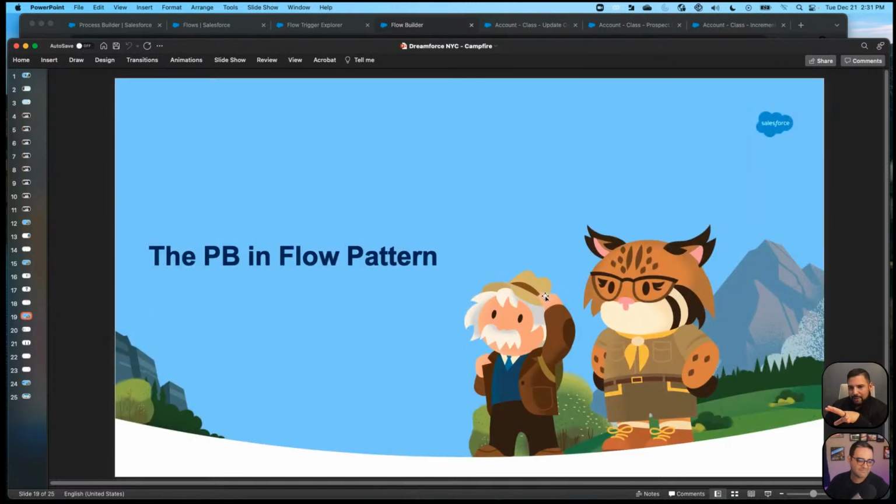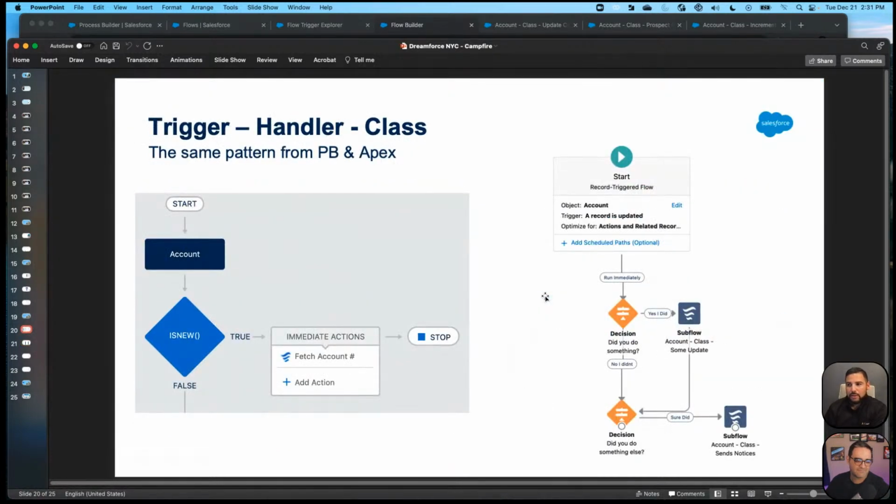So let's bring that Process Builder pattern, the same one that our Apex developers use, into Flow. When we're looking at that Process Builder, look over here. We have a record-triggered flow, and now we have a decision element, and then we're calling our actions. So this is how we're going to build, just like we're using Process Builder. This is how we're going to approach solving problems in Flow. And this is going to allow us to use the same pattern we've all been working with, the same skill, the same sort of muscle memory that we all are familiar with from Process Builder. We're just going to move it over to this side of the screen.